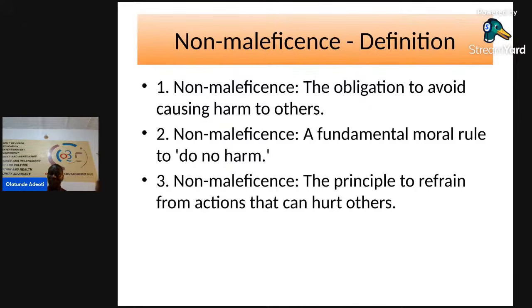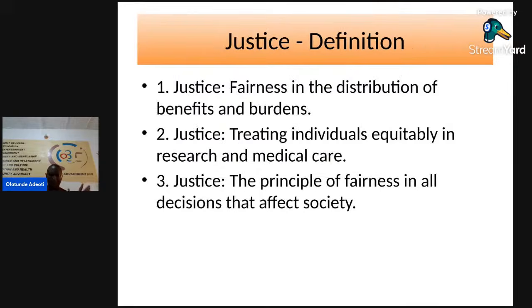There are some people that up to today call themselves friends to others, whereas they continue to hurt the feelings of another person. So if you respect the right, or what is called non-maleficence, you are not going to tell lies, because whenever anybody tells you a lie, you won't like it. That is the principle: you have to refrain from actions that can hurt others.